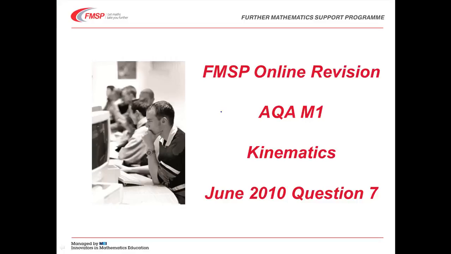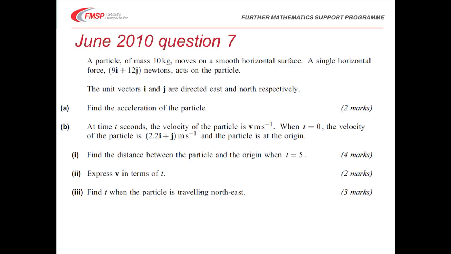This session is for AQA M1 and the question is on kinematics in 2 dimensions, question 7 from June 2010. So let's have a look at the question first of all. It says a particle of mass 10 kilograms moves on a smooth horizontal surface, so there's no friction. A single horizontal force 9i plus 12j newtons acts on the particle, where i and j are directed east and north respectively. So in part A we're asked to find the acceleration of the particle,